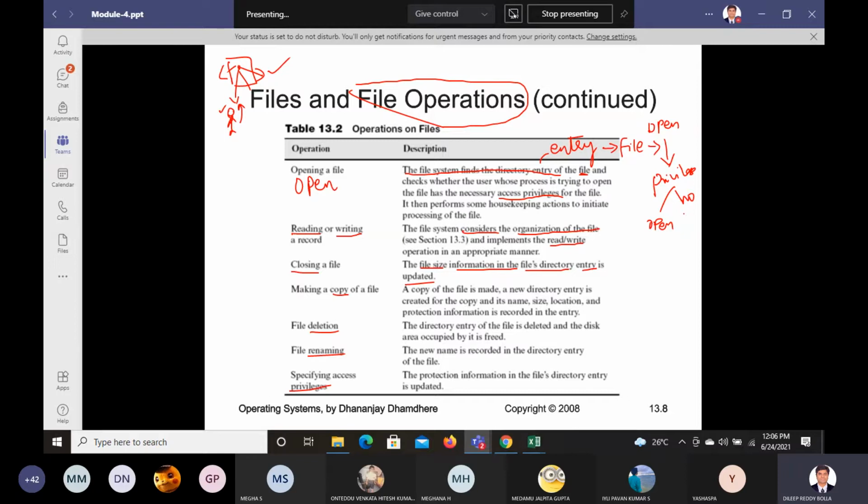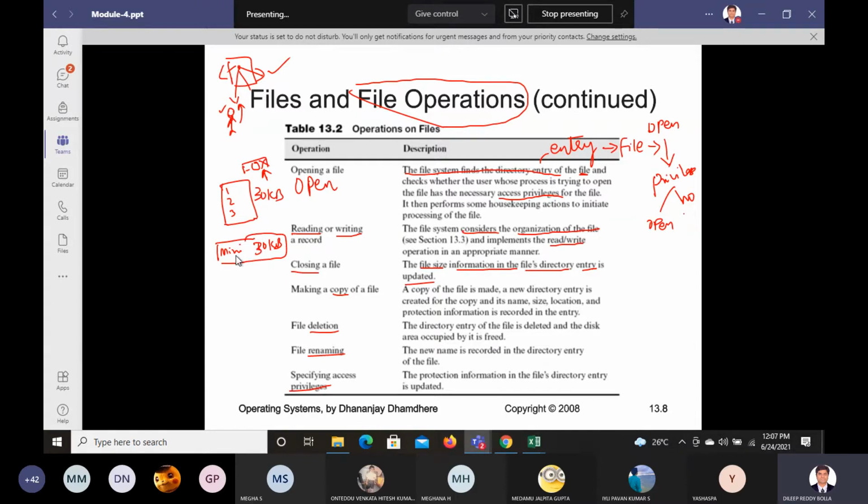And next time when you try to open it again, how should it work? Let us say you have opened your mini project report that you are preparing. For example, you started from the first page, second page, third page, and completed them today. This week you are busy with the IA, so you don't open it again for 1 week. Now let us say it occupies 30 KB. When you open this file, mini project, it is going to show around 30 KB. The moment you close this file, you have minimize, maximize and close window, right? If you click on this close window, it is going to save the corresponding data size.